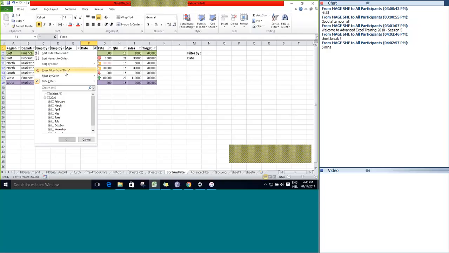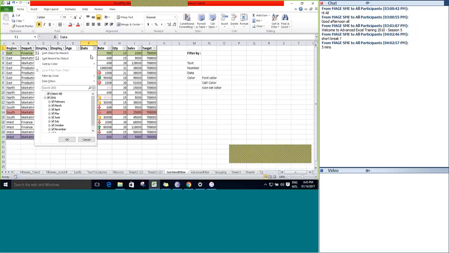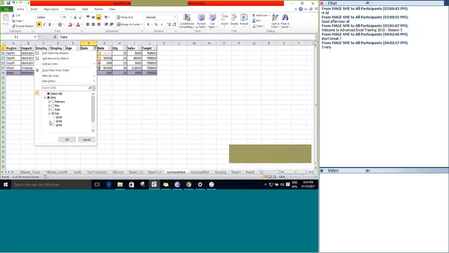Similarly, at any point of time, you can unfilter it, or you can come down and you can see one more option here. It will group the filter by year, and if you want to show the sales performed in the month of July, click the July month alone, click OK. You can see the sales performed in July alone will be displayed.